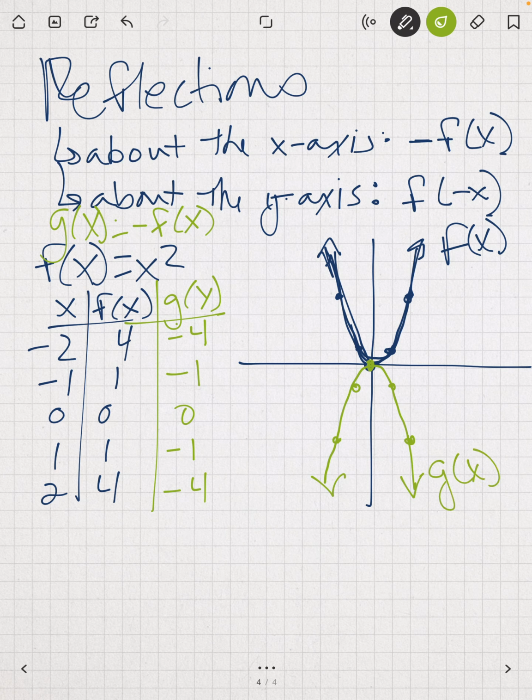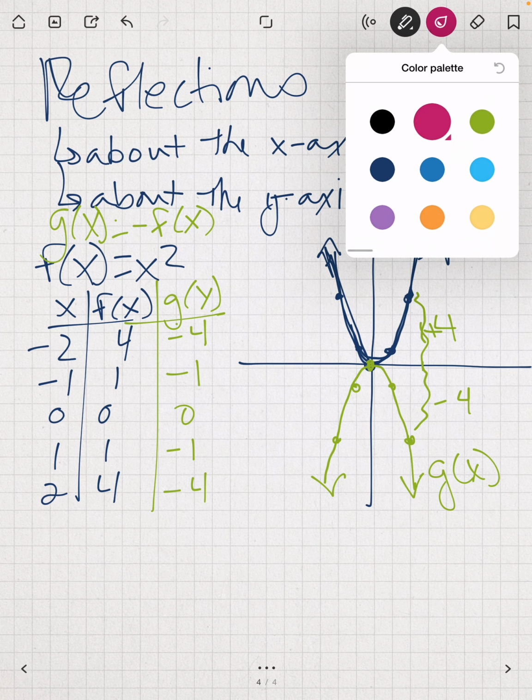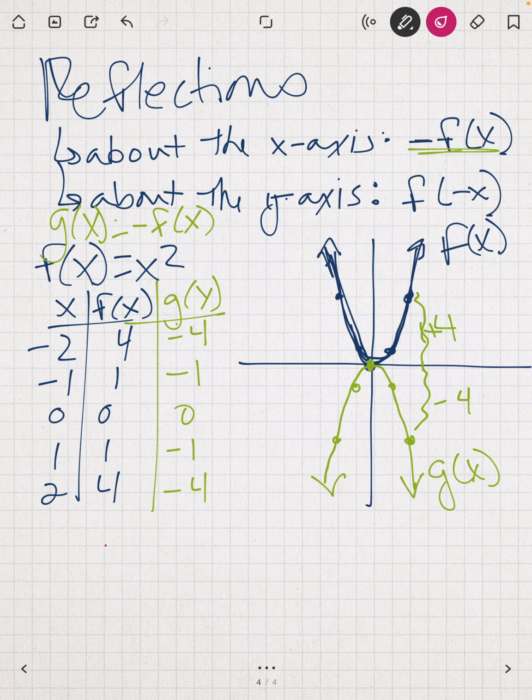And so we call that a reflection about the x-axis because each of these points, which were, say, 4 units above, are now 4 units below, right? So the distance from the axis is preserved, but it reflects across. And now let's try, if that's g of x, let h of x be negative